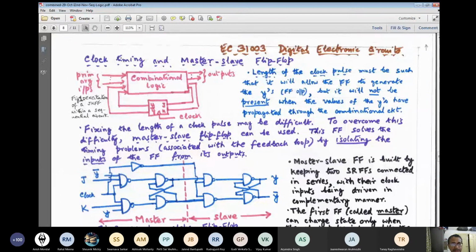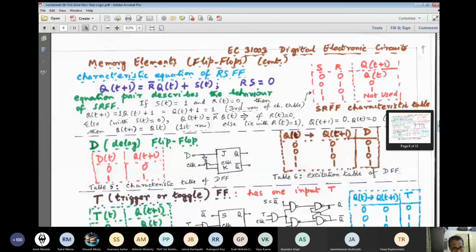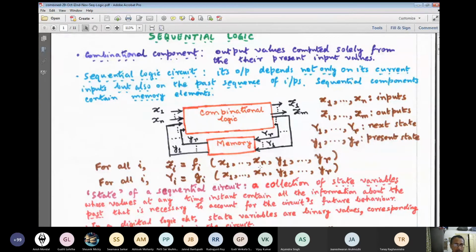What you have studied today is only the beginning. My request to all of you is that the sequential circuit will be of prime importance during the rest of the semester for this month. So remember this block diagram. How does a sequential circuit differ from a combination logic? Only by having a memory. That means it memorizes the past input sequences, and the past input sequences will definitely affect the behavior of the circuit at the present point of time, and also in the future. So do not forget the basic block.